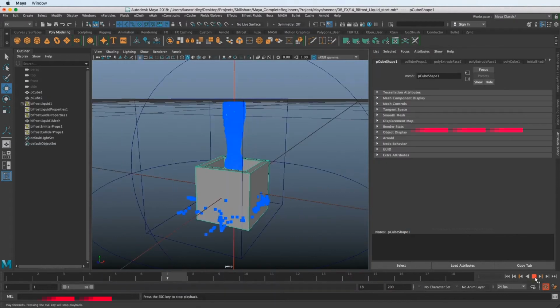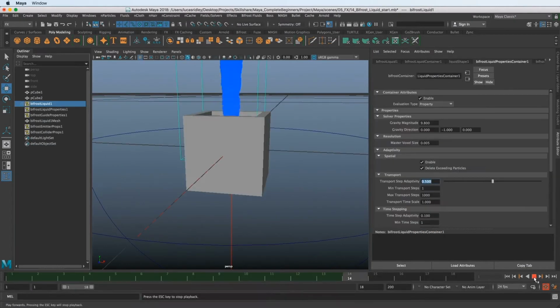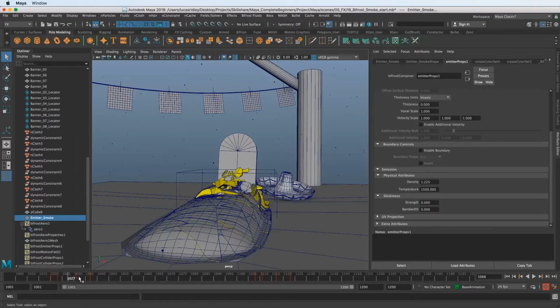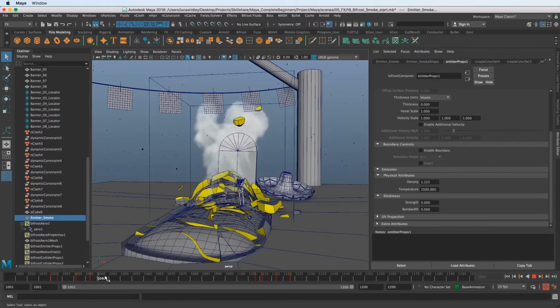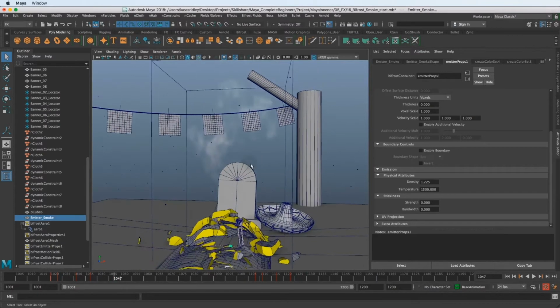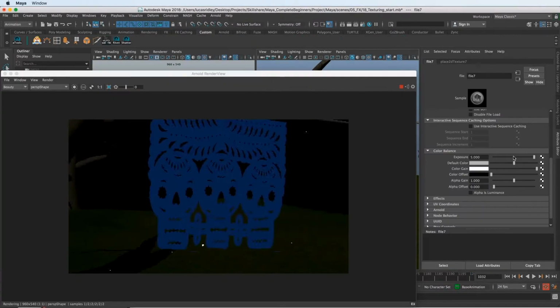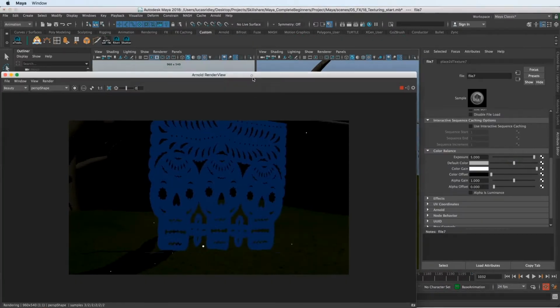Then we'll learn about Bifrost, and we'll start with this liquid simulation and how to avoid some common pitfalls when using Bifrost. Then we'll use Bifrost to create a smoke simulation for our bones character when he's busting out of the ground, and how to vary that up and make that look more realistic and appealing and interact with our